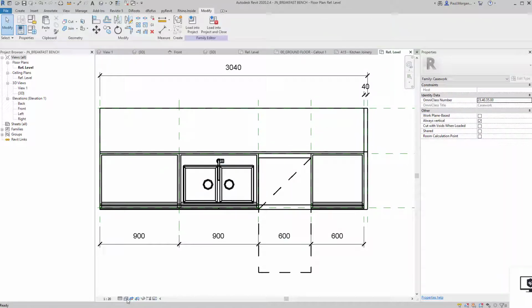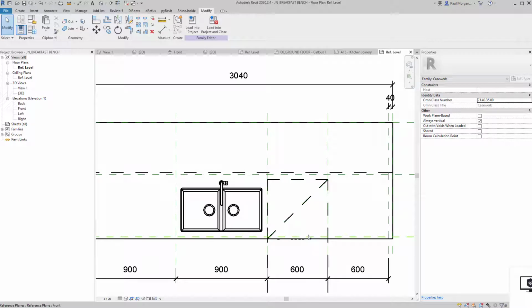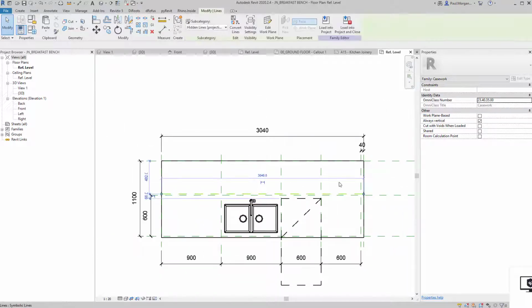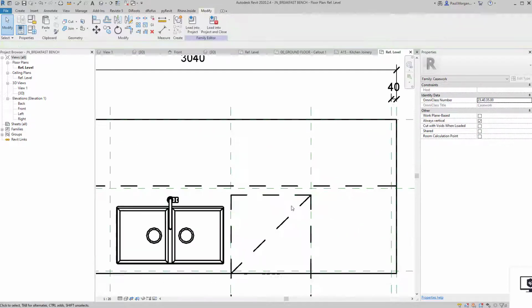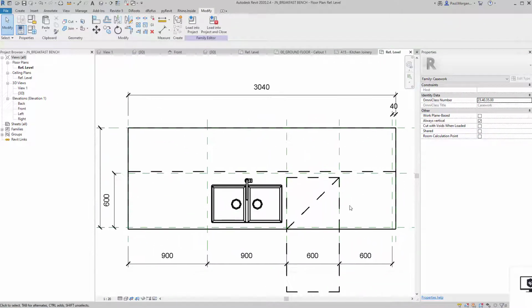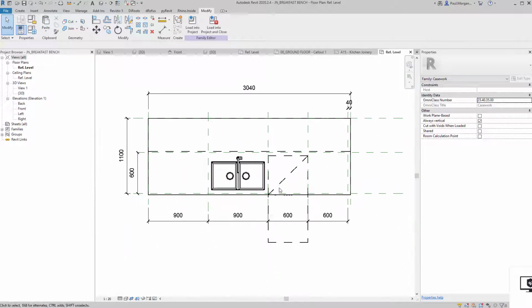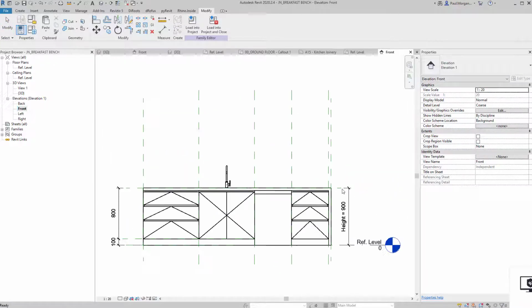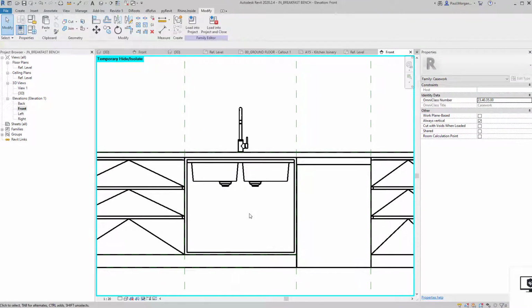Okay. And if I turn this out of wireframe mode into hidden line, that gives you a bit more of a representation of what's happening there. Now the hidden lines, using that subcategory is important because these are all just black dash lines at the moment, but inside of our project I can change them to be like a grey dash line and a tighter dash if we prefer. Then in the elevation, okay, I'm going to hide these two doors just by going HH, and